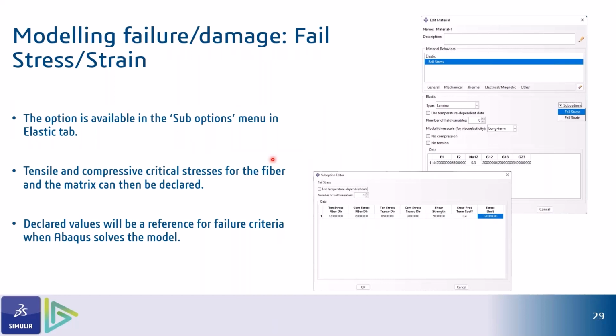So how do you actually model it? In Abaqus, there is a material modeling option seen here. And then when you create your elastic limits, you then immediately go to a sub option called fail stress, because as I said, there is usually little to no plasticity involved with the composites. So you click the fail stress, and then you choose the limits